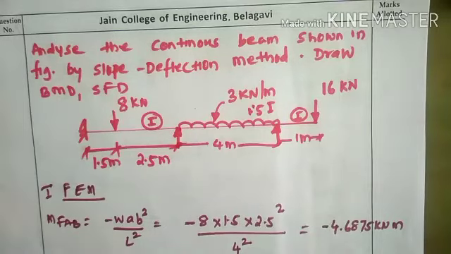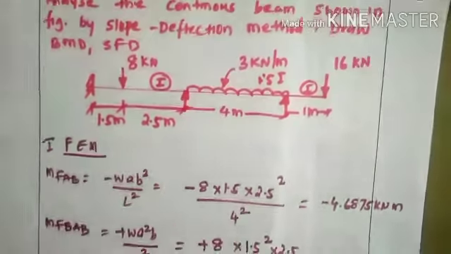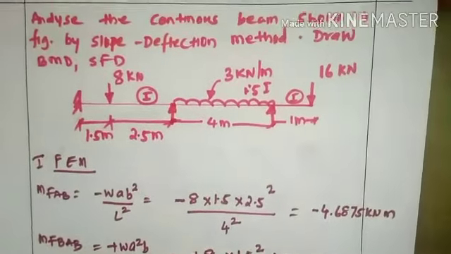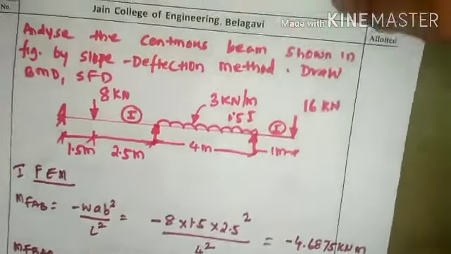Hello everyone, welcome to this session on slope deflection method. And this is a particular beam wherein one side there will be an overhang. And what will be the solution that we need to yield by using slope deflection method? Now to begin with, let's have a glance at the statement of the problem and the diagram that we usually